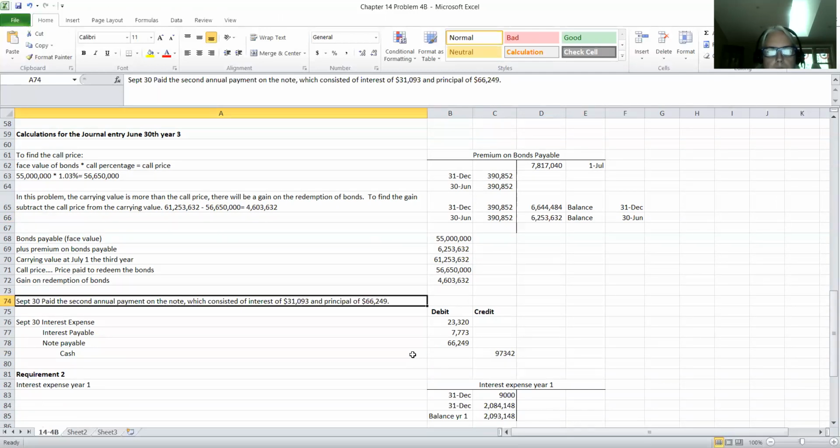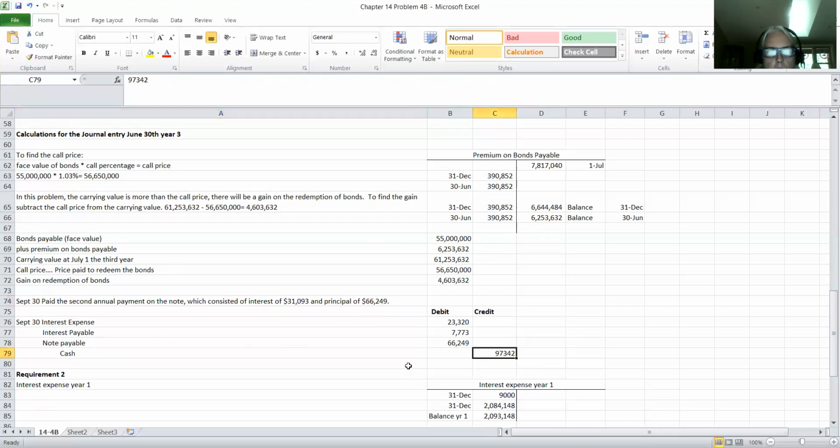So first of all, we would pay back the amount of the interest plus the principal on this installment note. The cash amount would be credited for the two of these combined. That's how they got the cash amount. The note payable would be debited for the principal of the note. You made a payment toward this note, so you're reducing the principal of the note, in this case by